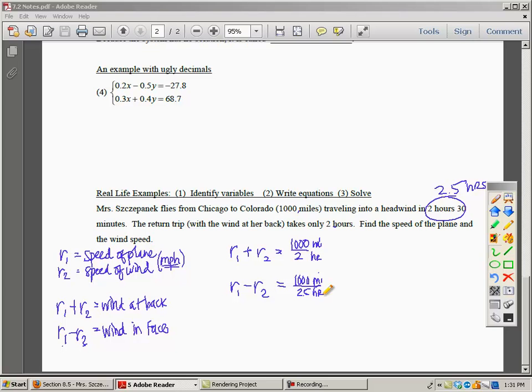If you think of speed in miles per hour, the setup then isn't that bad. So, okay, let me look at this. I'm going to rewrite these a second. R1 plus R2 is 500 for my first equation. R1 minus R2, 1,000 divided by 2.5, is 400. Okay, so here we go. As I look at this,